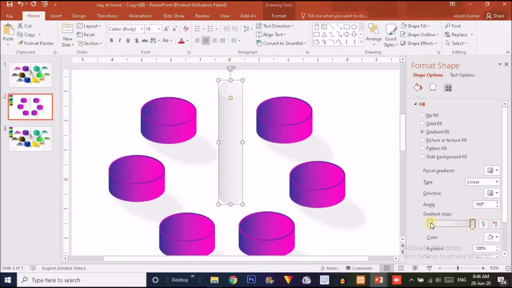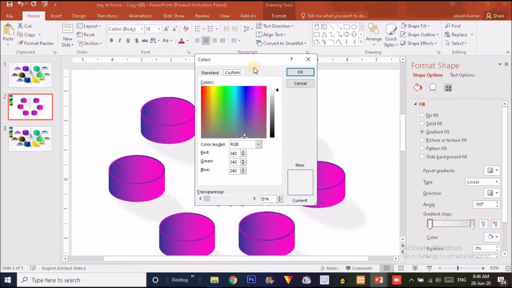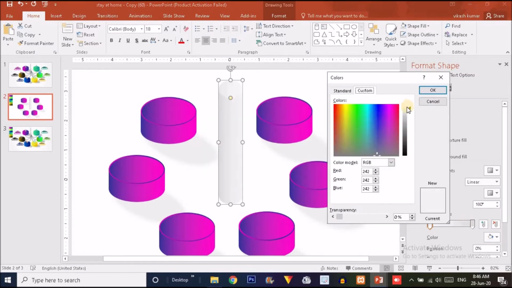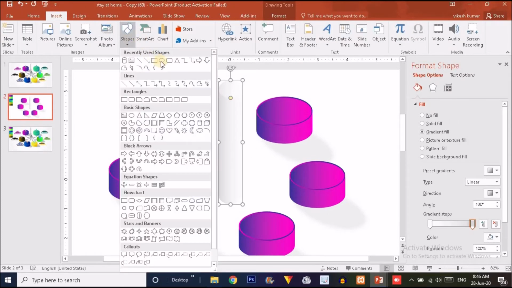First I have to make this left handle a little bit whiter. This much is enough. Now it's done.